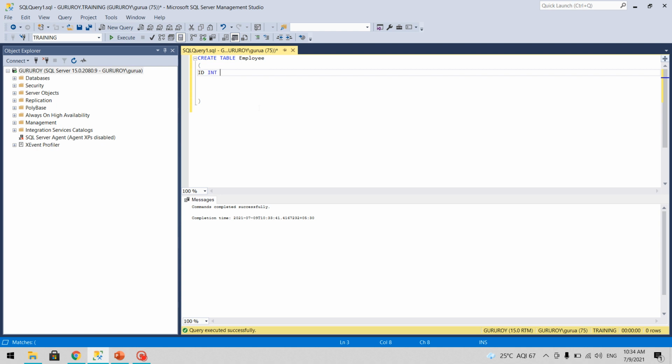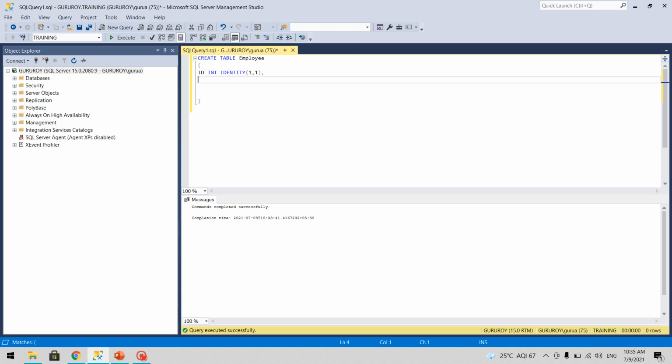Now in case we want this to be an incremental number value from 1, there is a function called identity, which allows us to specify that on a column. Now when we specify this identity here with the value 1, that is the starting value will be 1, and it will increment by 1. So this is the column. We can also put constraints and all, but that we'll check in later sessions.